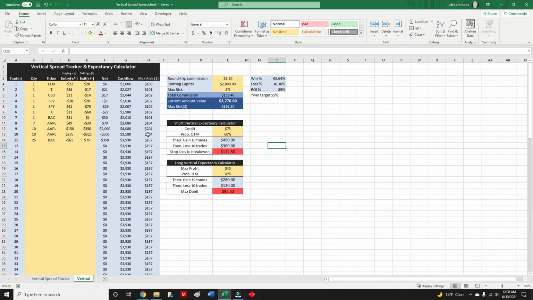So that's about it for the spreadsheet and the expectancy calculator. I guess the one last thing, we talked briefly about the max risk, and the reason I really like this is if you trade consistently with 60%, let's say, short credit spreads, and you're always in a positively expectant trade, over time, whether it be 10 trades, 100, or 10,000, you're going to be profitable. And if you're profitable over time and you're consistently compounding your investment, you're going to turn a small amount into a large amount,